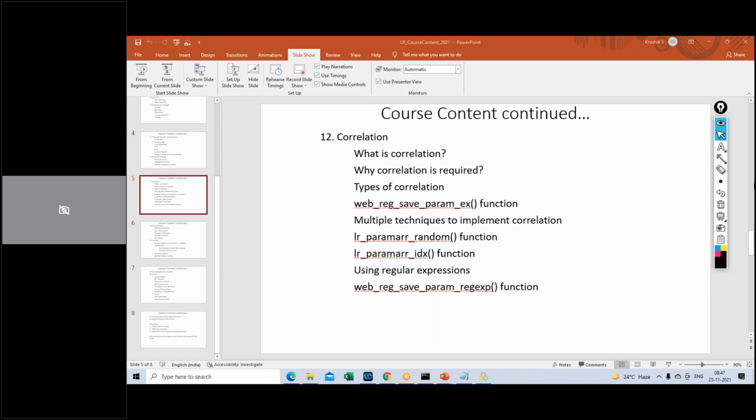If you compare the tools in the market, LoadRunner is the tool which supports the most protocols. Also it is a licensed tool, so these banking and financial institutions and MNCs prefer it for security purposes.